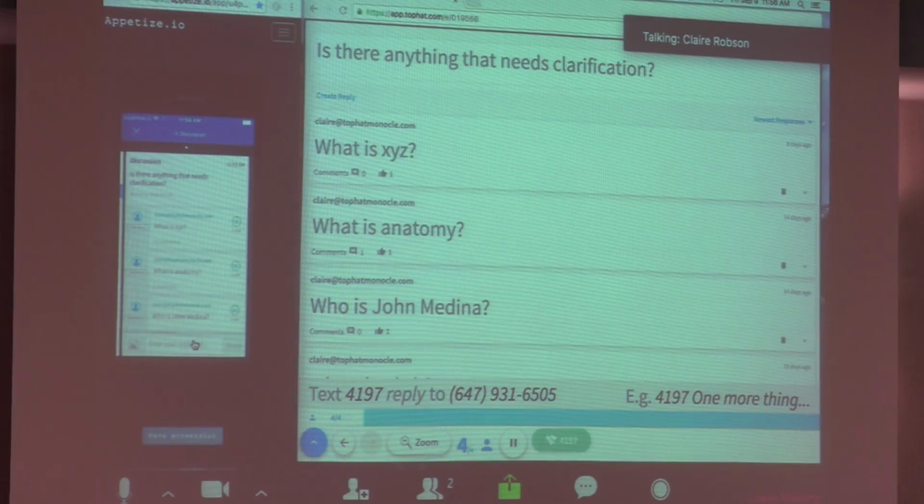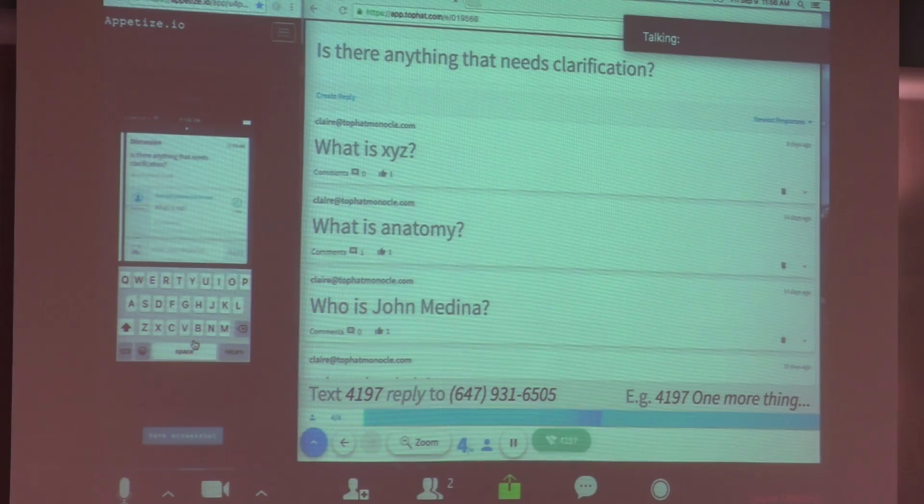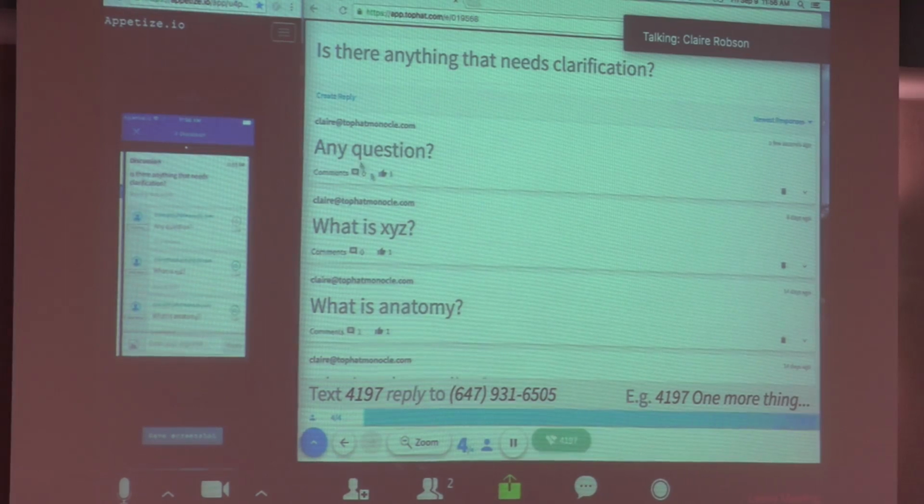Here I'm just making sure that my students don't have any questions for me, so that the students have a way to speak to the professor. So on the student's device, they can type in any question that they've got. Now, all submissions automatically rise to the top of the professor's platform.